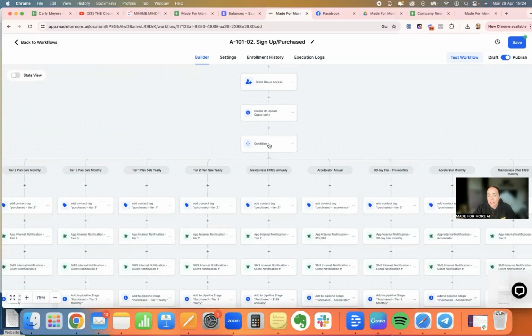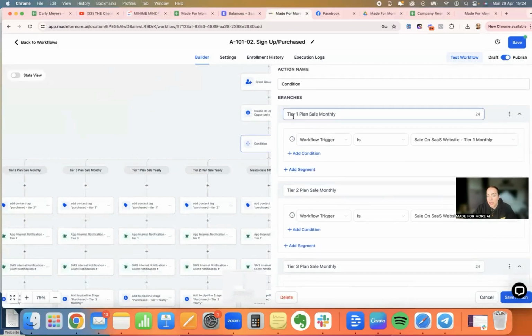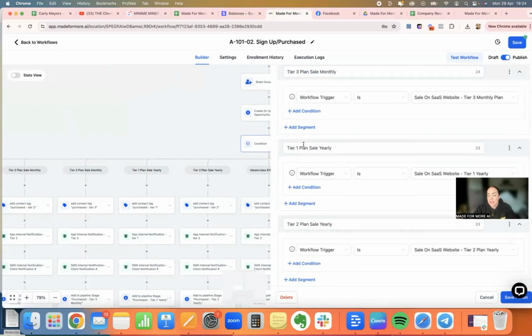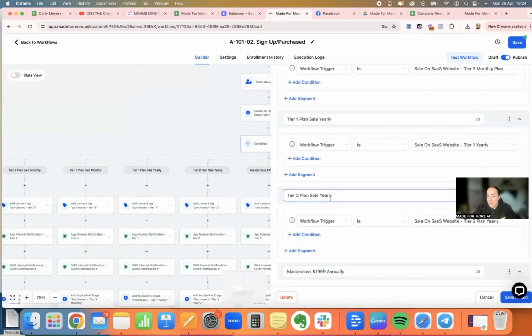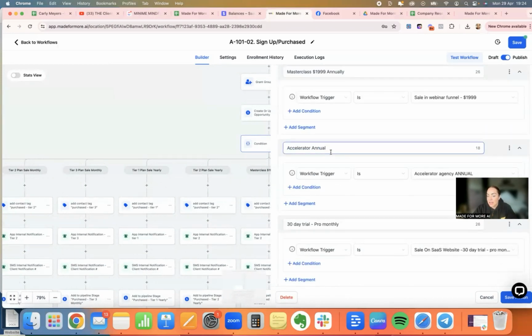So when we come into condition here, you can see I've got this branch here, which is tier 1 monthly. This branch, tier 2 monthly, tier 3 monthly, tier 1 yearly, tier 2 yearly. Maybe they're going to join my masterclass offer. This is my accelerator annual. Now, you may not have all of these different options, but